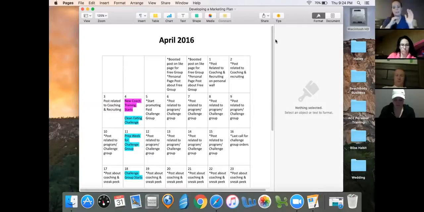I know I'm going to be posting my progress pics, because Hammer and Chisel is going to be going on sale in April. So I know I'm going to be posting my before and after pictures from Hammer and Chisel. That 5th, that is definitely going to be happening. And then, trying to get people in. So that gives me 2 weeks there to promote my challenge group and try to get customers in that way.